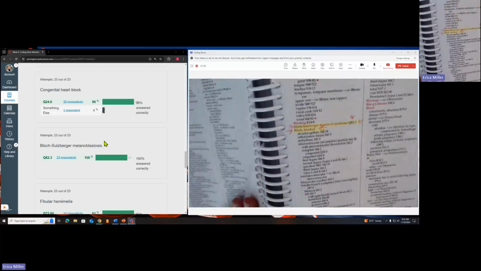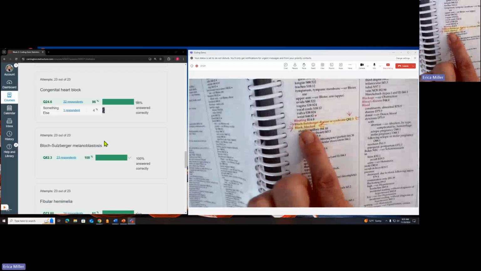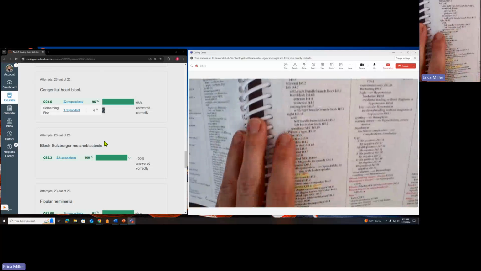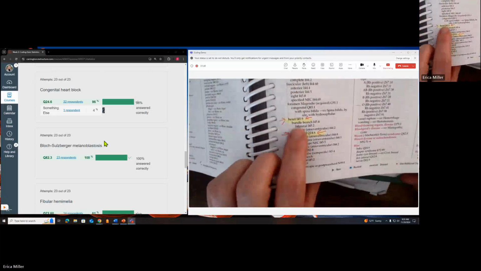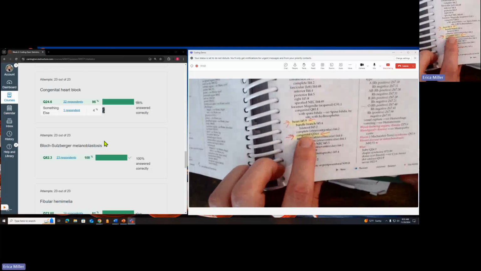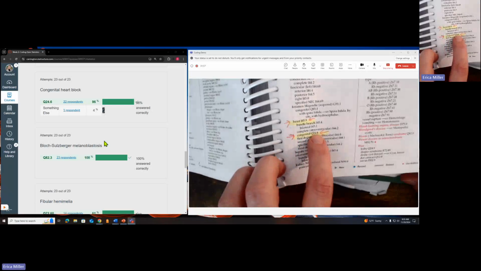Nice. So once you find block, everything starts to run alphabetic, and I'm going to start looking for H for heart. All right. And then take it another step further and get to your congenital type. And then you'll find